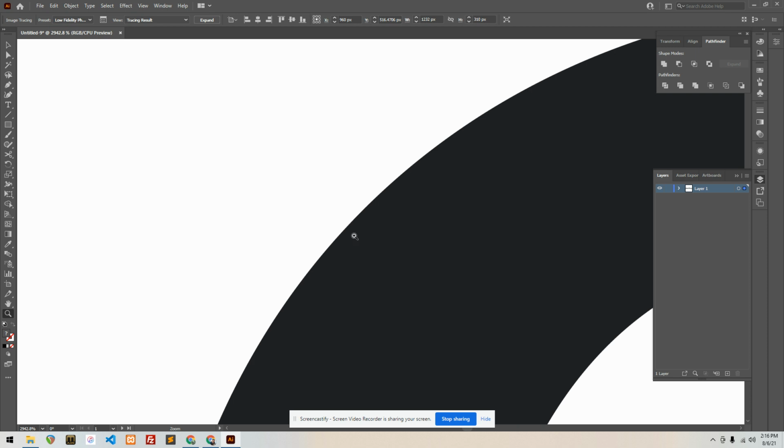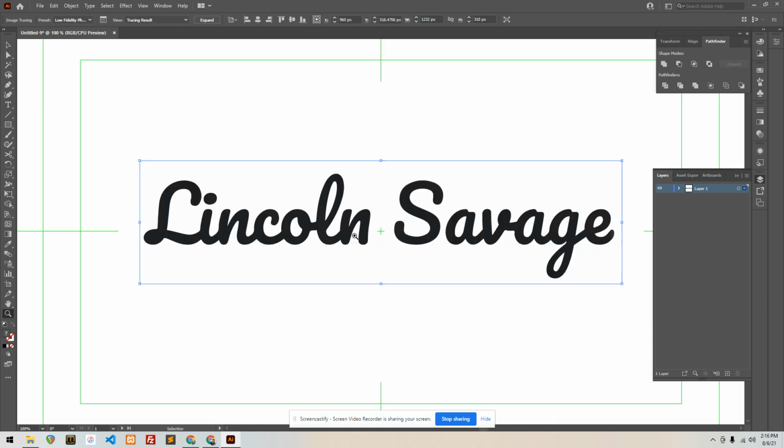Now let's zoom out. I like to go Control 1 to zoom out so I can see everything. And now we have a nice, smooth vector graphic. It's not a font where we can double click and change the letters or anything, but we can manipulate them a little bit. So the main thing is it looks nice and smooth no matter how much you zoom in on it. So for the next step, to break these into individual pieces,